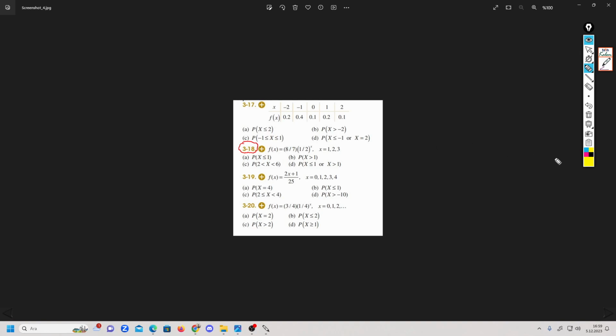How can I understand that this is a discrete case? Because of the given numbers. They are given for x equal to 1, 2 and 3. This is not an interval. If we are given an interval, then we can say that this variable is a continuous random variable. So in order to find, for instance, part A,